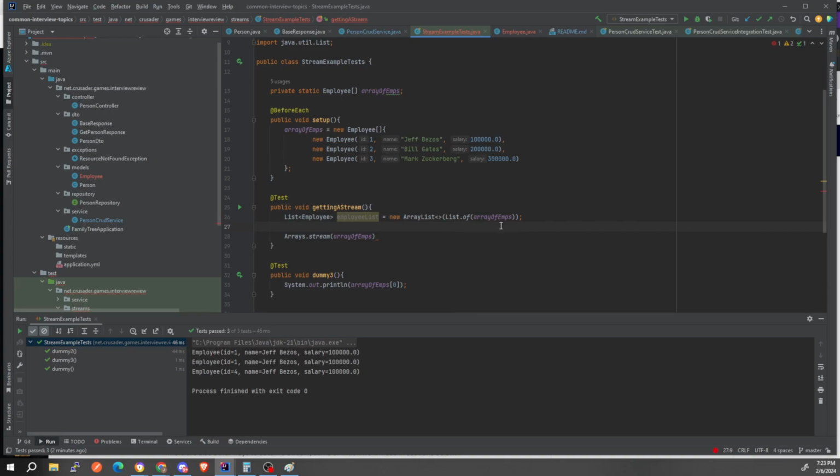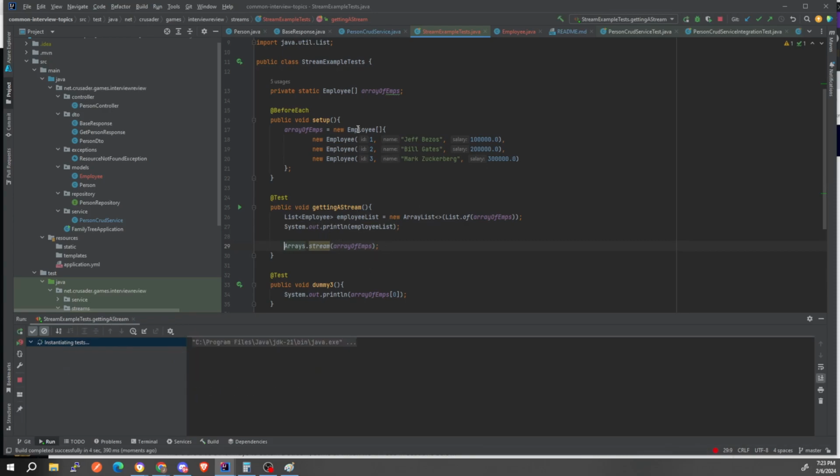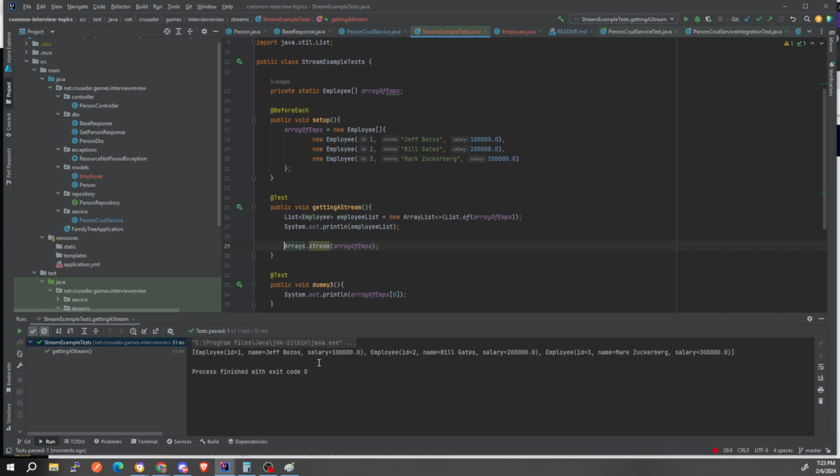But if you do List.of array, it'll actually make this a list. So if we then go in here and print employee list like this, and then we run it, we will still get all three employees right here. But now it's in a list format, not in array format. And because it's in a list format, a list instance automatically has a stream option. So if you do employeeList.stream, this stream operator